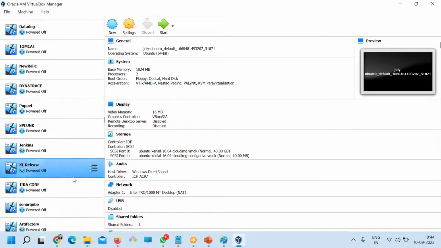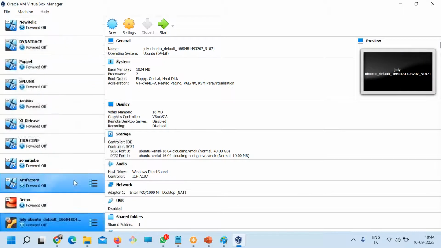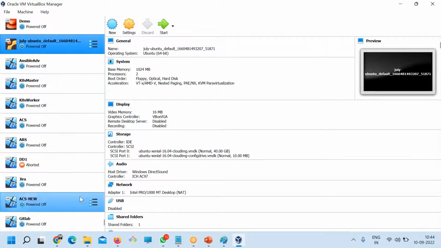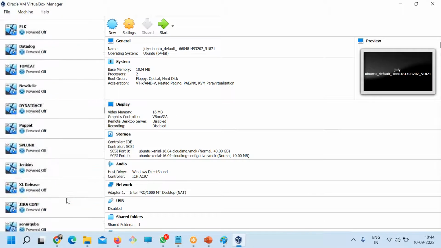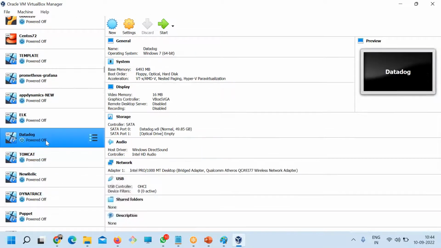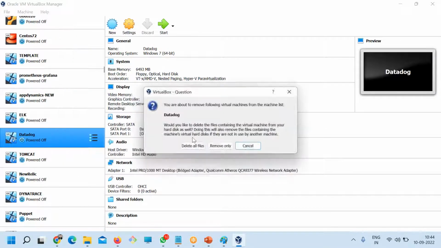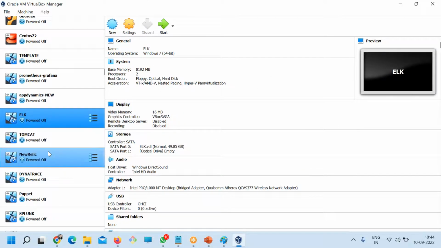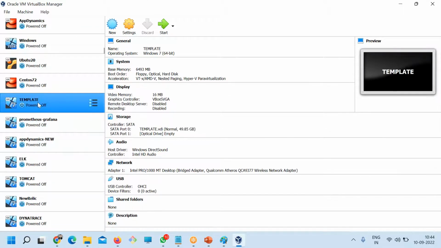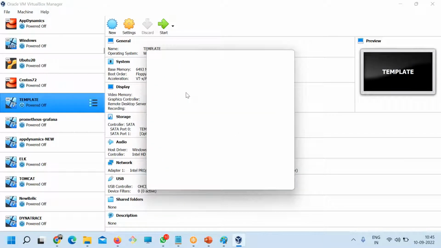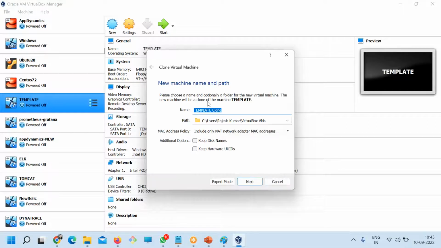And do we have more Datadog folders? Because I keep cleaning up, otherwise they pile up and use the storage. So here also we have Datadog. And this is the template VM. I'm going to create a new one. Clone. And Datadog.